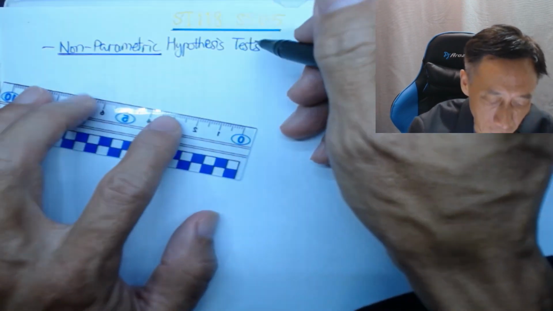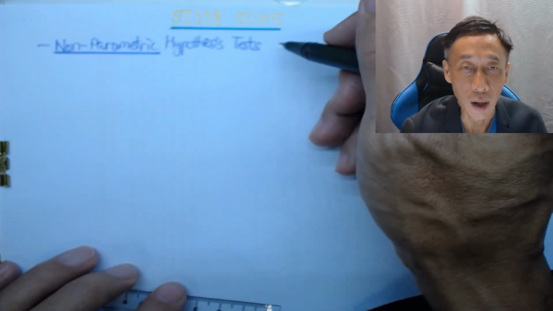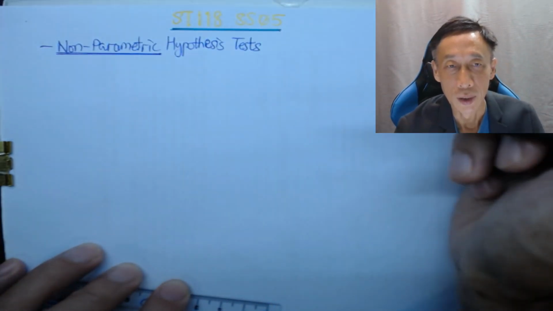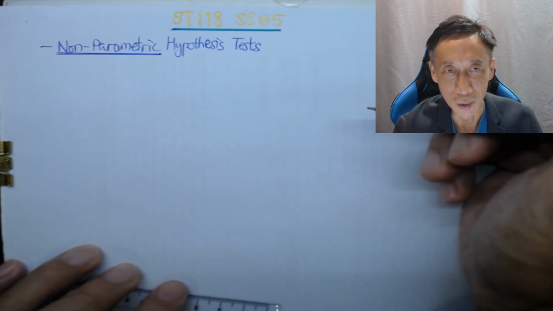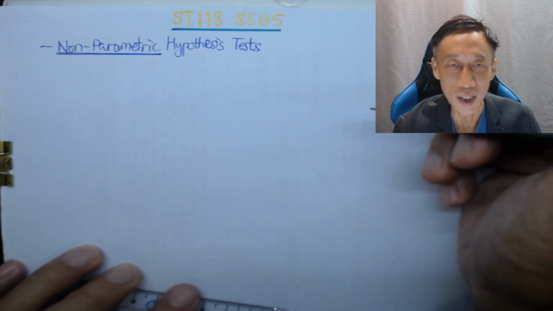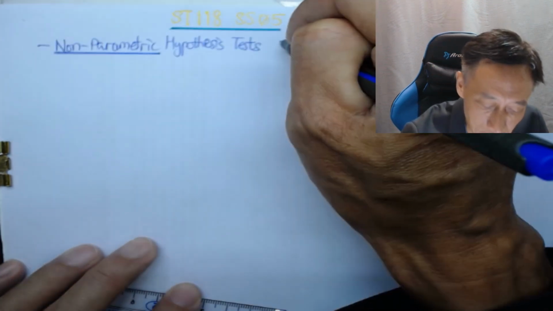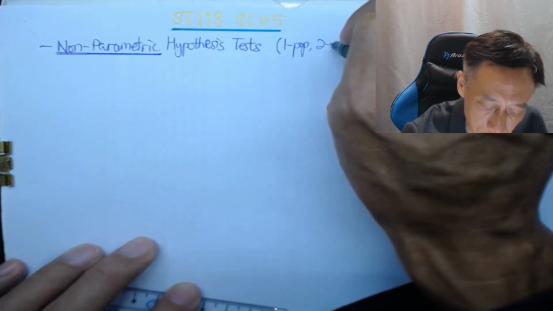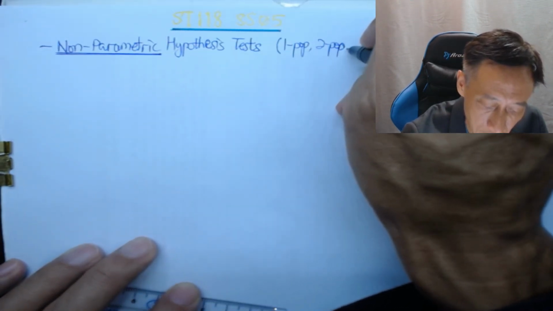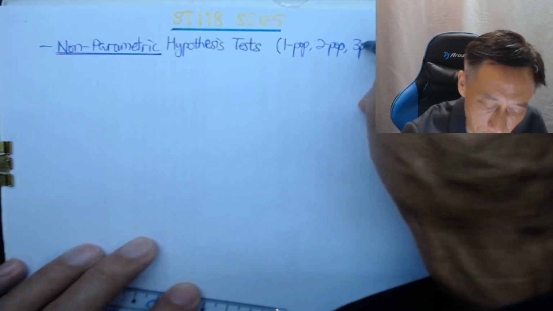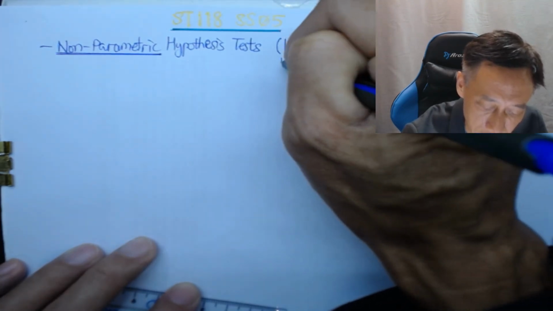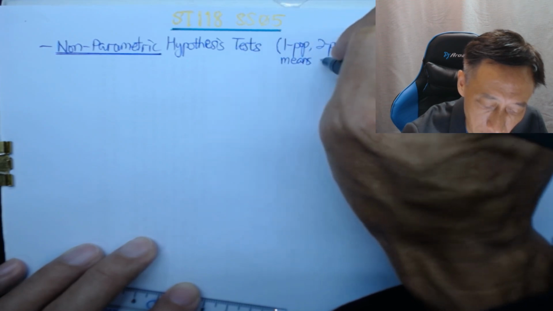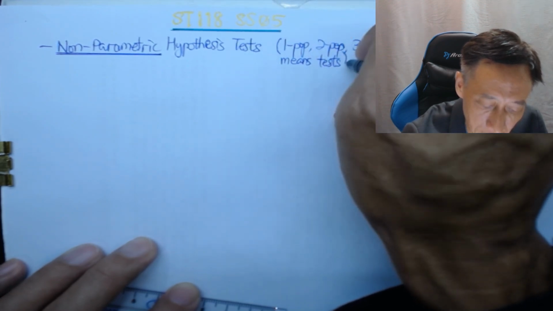And these tests have sort of a sibling, a brother or sister test, that we have seen: the one population, two population mean, three or more population means test. Right, so we have seen them,